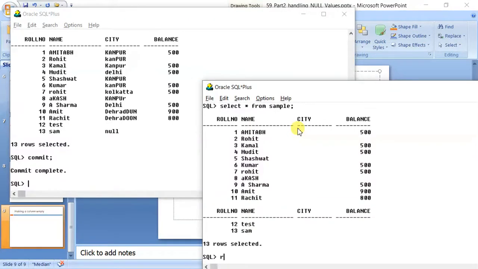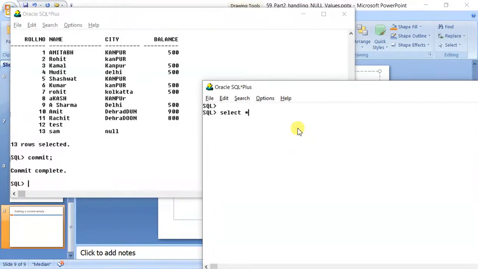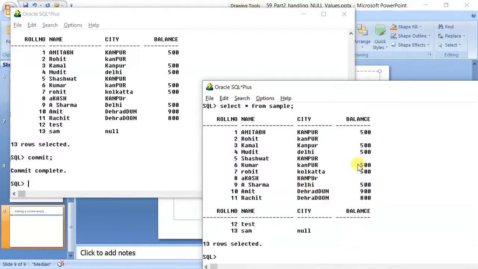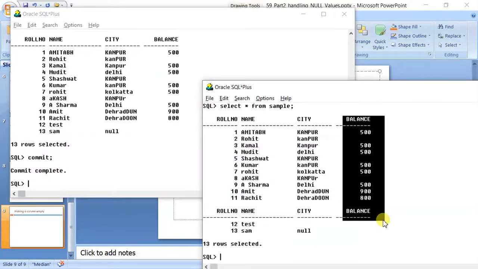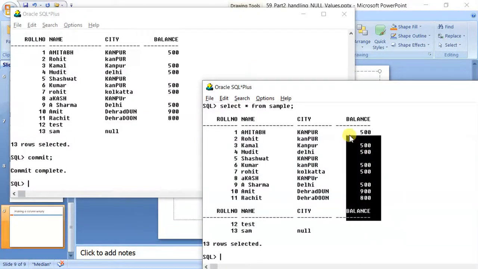We will again roll back so that our data comes back. Roll back. Okay. Select star from sample. It has come back. Similarly, if you want to make any particular numeric column empty, you can also do it in the same way. In this way, all the columns can be done. Null. Okay. Now, one more thing that happens with null is that it does not give correct results in case